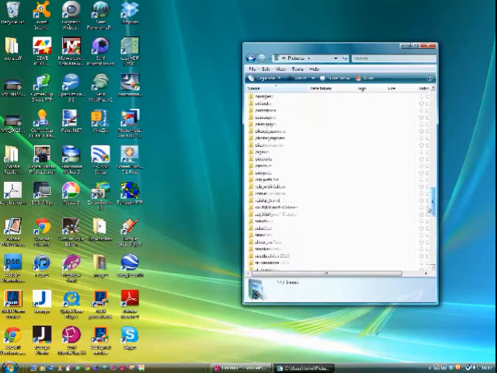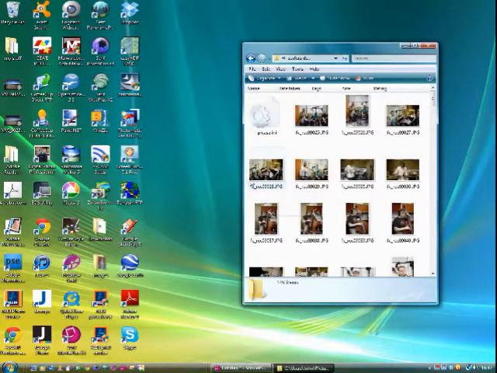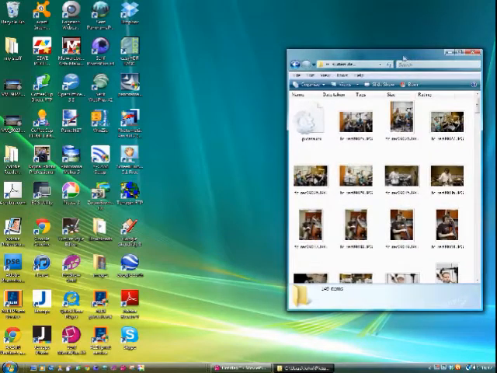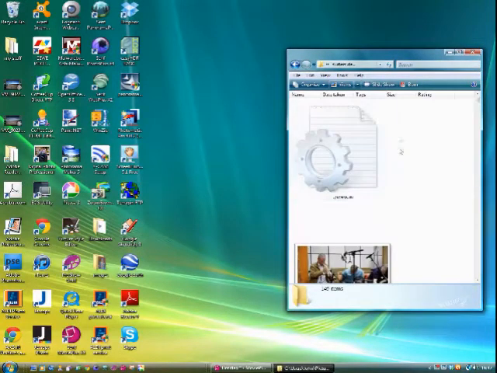Let's get down to that, put it somewhere where we can see it, and open it up. And we'll see straight away that one of the problems with this is that we've got all the pictures in the same place. And if we've got a set of holiday photographs or something like that, we really don't want it to be so. We want to be able to get them where we can see them